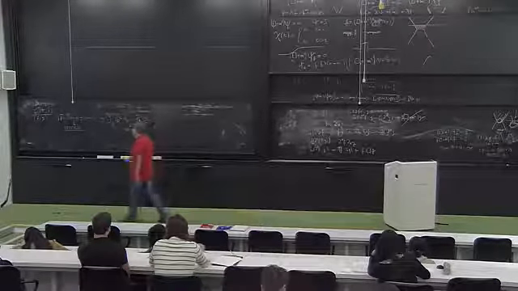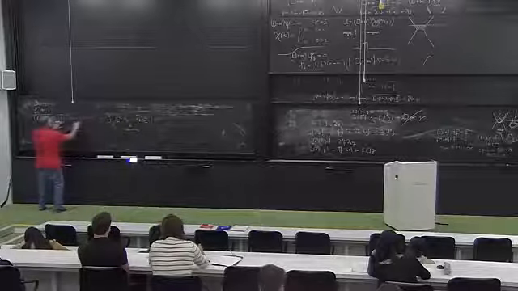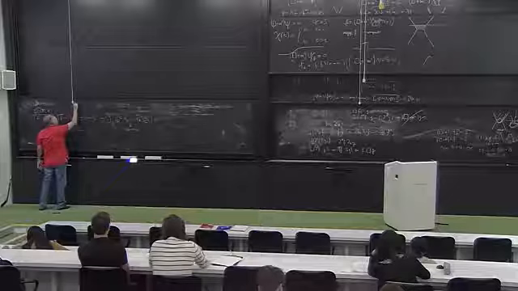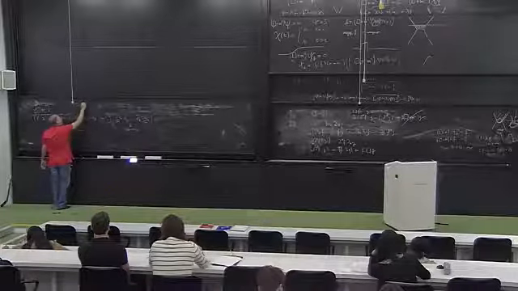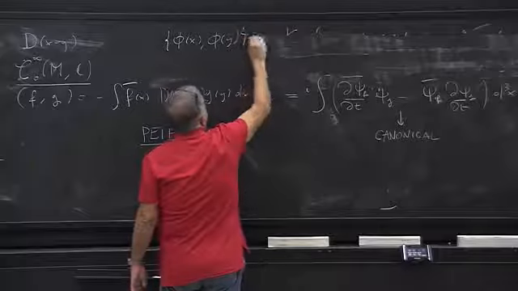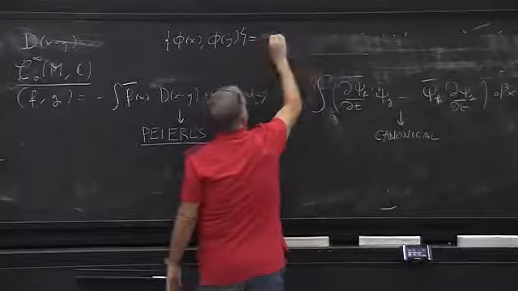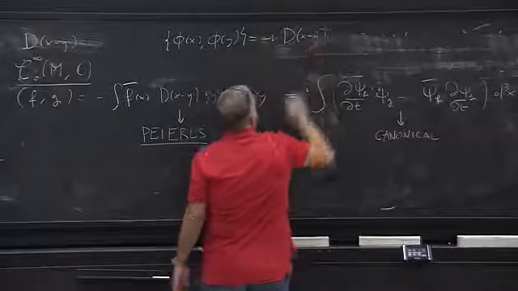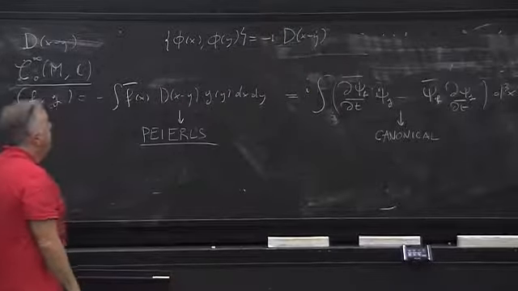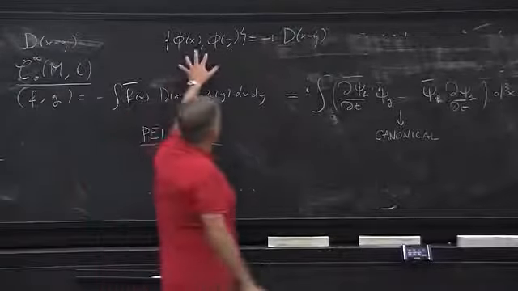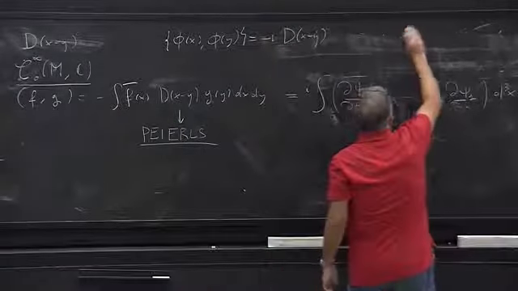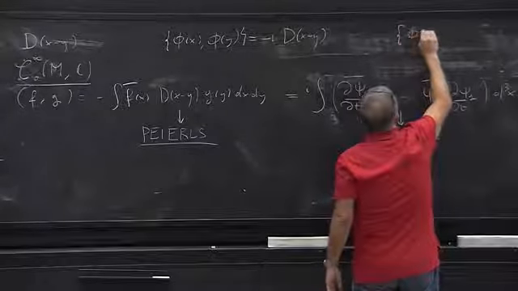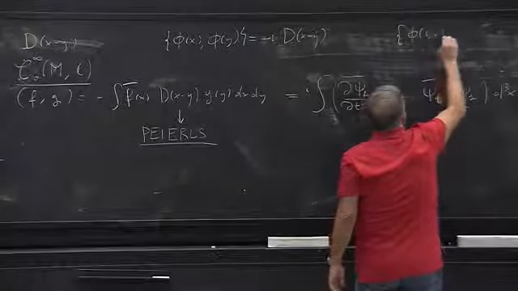Now, quantizing the theory. If we write these things, I can write it in a covariant way, this way. I cannot explain the true mathematical sense of this parenthesis here, because it would lead us too far. Or you can write it in an exactly equivalent way, with equal time Poisson brackets.